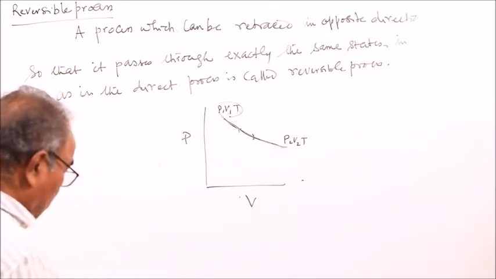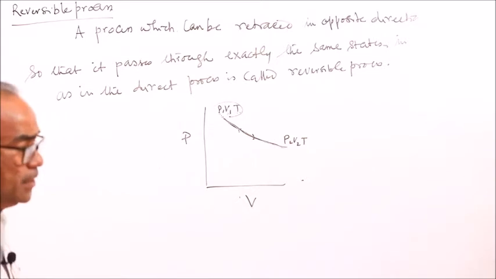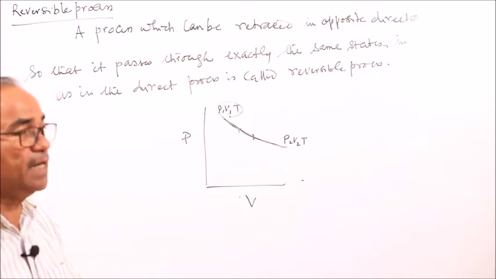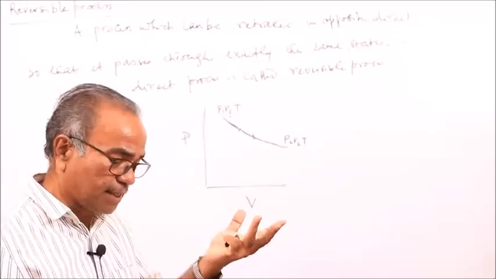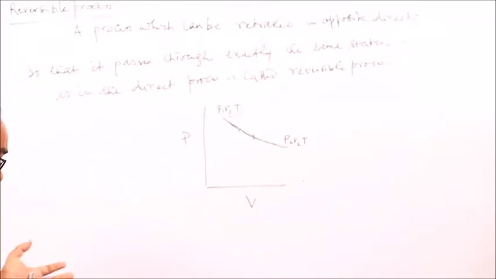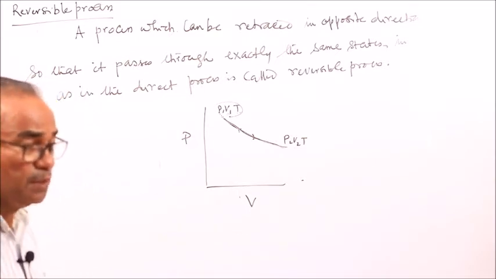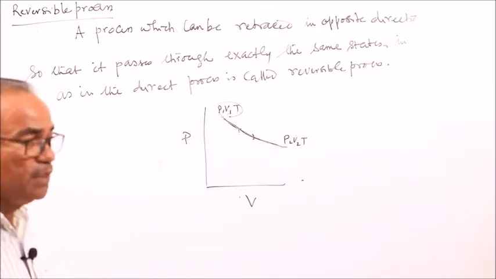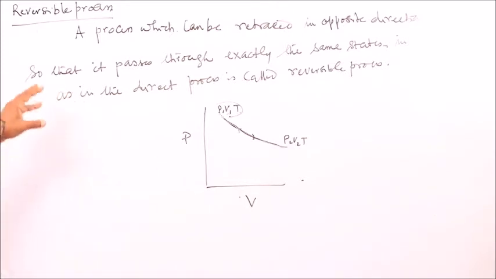Similarly, conversion of ice to water or water to ice. You take 1 gram of ice and heat it, then the ice will be converted to water. And similarly, if you take water at 0 degrees and take out heat, you will get ice. So conversion of ice to water and water to ice is a reversible process. Similarly, take 1 gram of boiling water. If you supply heat, the boiling water becomes steam. If you take out heat from the steam, you will get boiling water. So these are reversible processes.